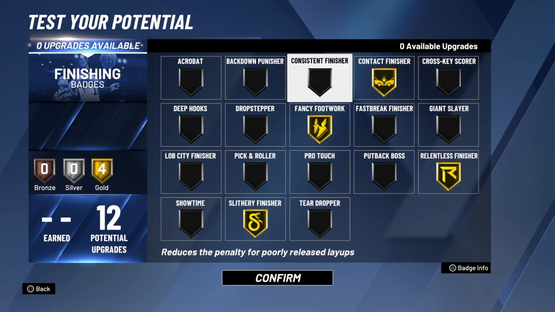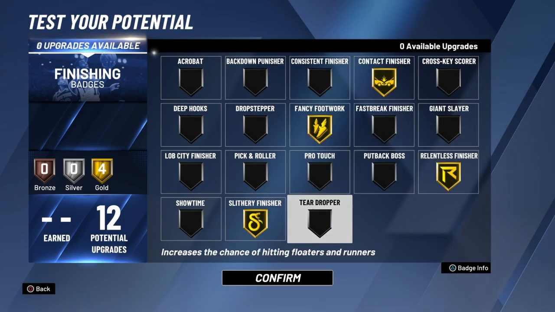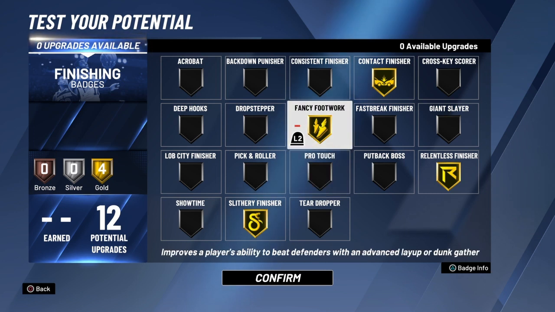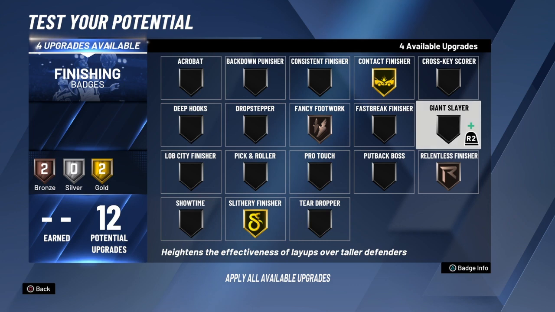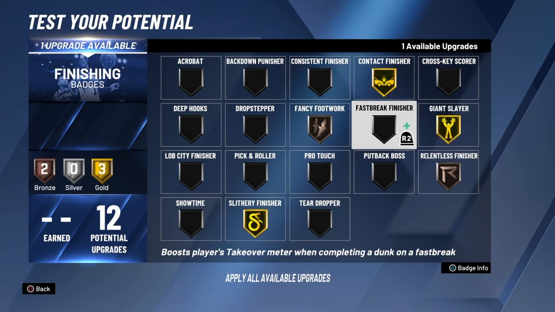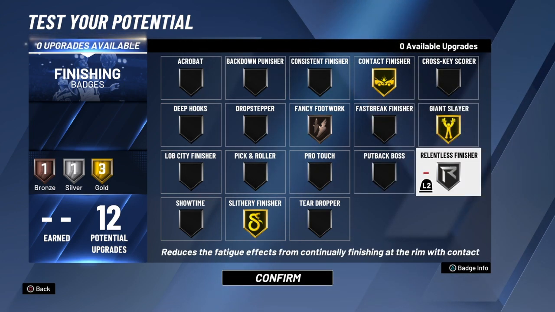Now this is probably the main mandatory badge setup you will want to run, but since it's up to me, since this is my build, I will probably run bronze fancy footwork, because I've been watching videos recently about this badge, and this badge works just as good on bronze. And I would tune this down and put on gold Giant Slayer and put on silver relentless, because Giant Slayer